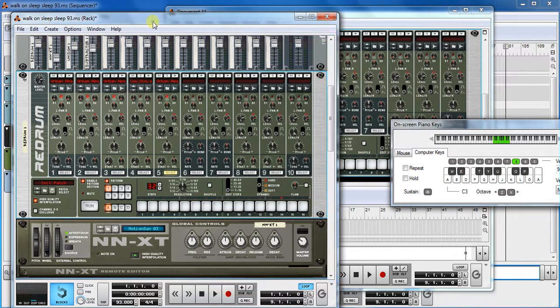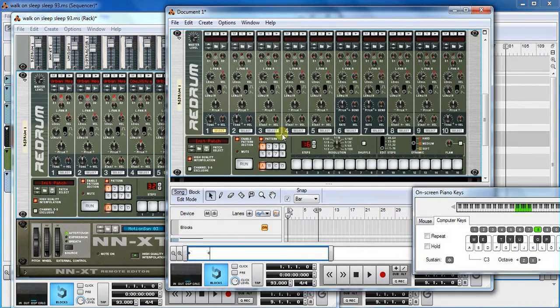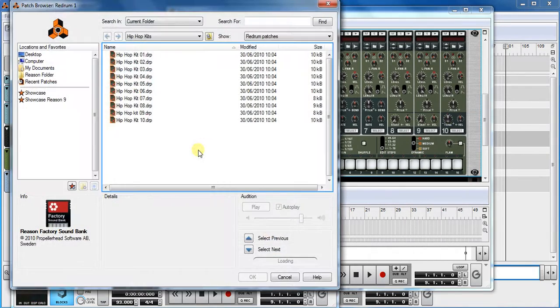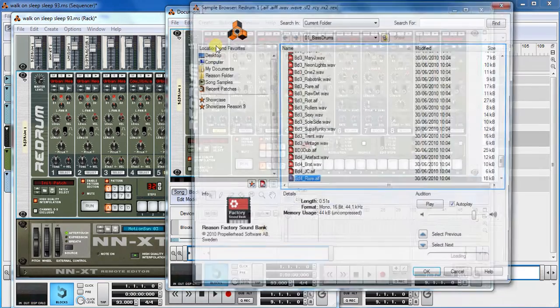Yeah, so I've used my own hits, my own samples: kick, snare, hi-hat, cowbell, and a second snare as well. So this time I've done it at 32 steps instead of 16. So if we had to have our own kit loaded up, this side over here is where you load up the kits, and over here is where you load up your individual